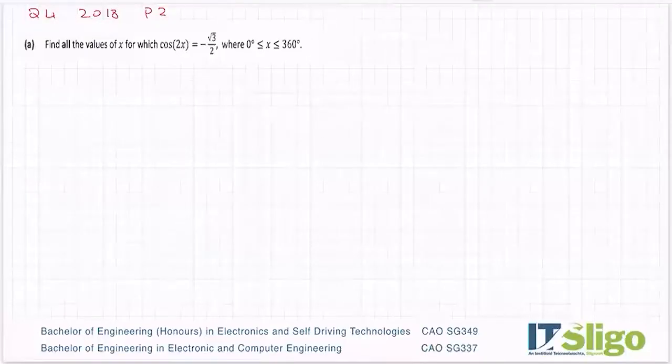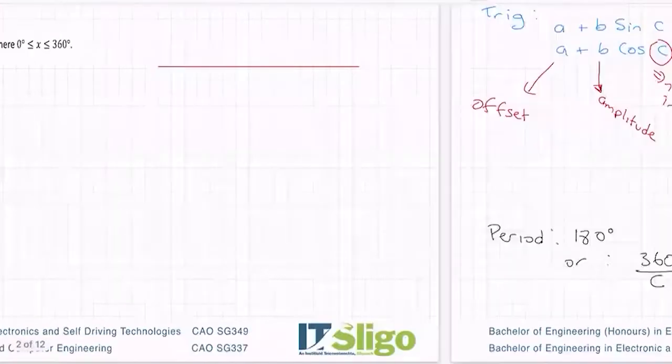Okay, let's have a look at that unit circle in action. So question 4, 2018. Find all values of x for which cos 2x equals minus root 3 over 2 between 0 and 360 degrees. Okay, so not that you need to be able to do it, but I'm going to draw you a picture. So building on